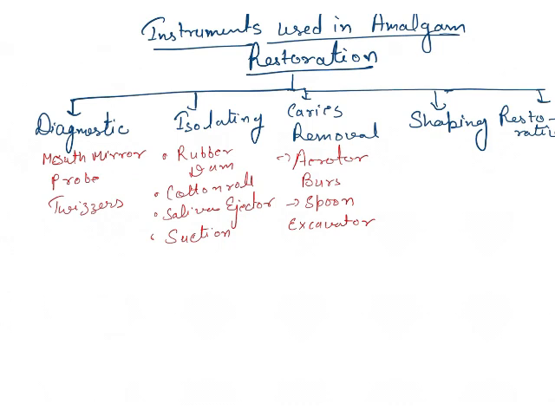Then we have shaping. For class 2 cavity preparation, the burr set is used, and its function is in shaping of the cavity. The burr can be number 330, 245, 169L. These are the various kinds of burr which we use